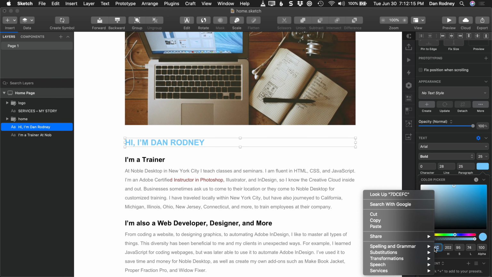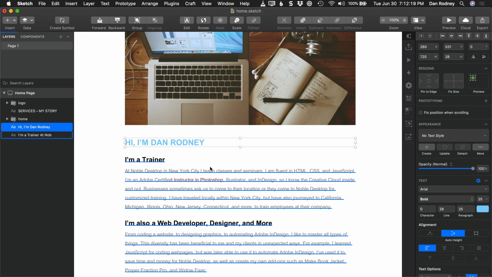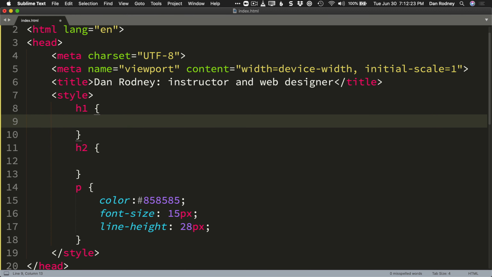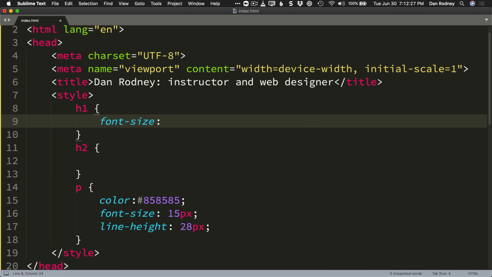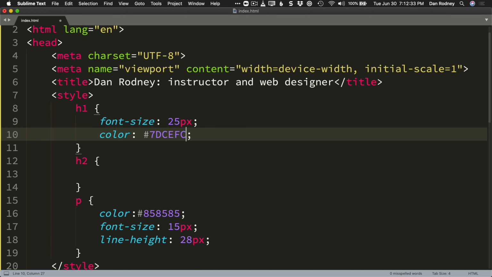And let's copy this color here. Copy that. So 25 for the size. Let's go do the size here. Font size. So it was 25 pixels. And then the color was that, which I